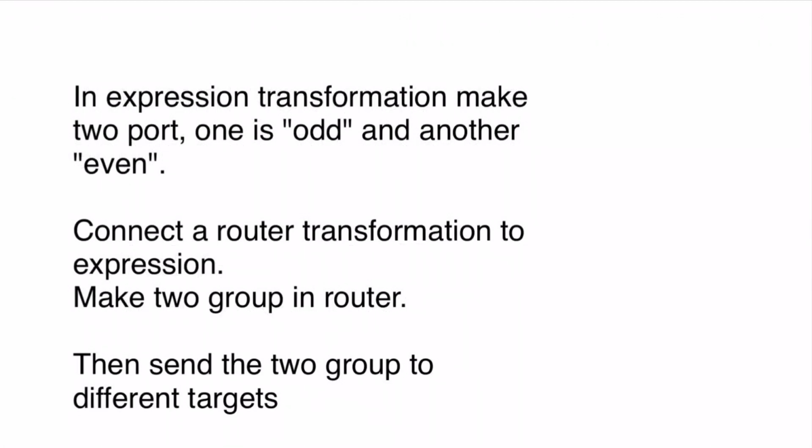In this case, assume the values are between 1 to 10. We can pass the values to an expression transformation and then do the mod. Based on the mod value, we can pass it to a router transformation and then move it to target A and target B accordingly. Assume the values are characters instead of numbers, then how will you achieve it? That may be another question. In this case, you have to check based on the ASCII value and then perform the same operations. Typically, you may be facing n number of scenario questions involving different transformations. So be ready to answer the scenario questions as well in any Informatica interview.